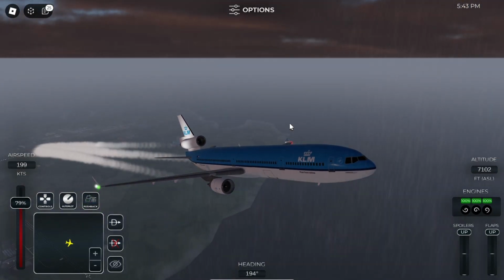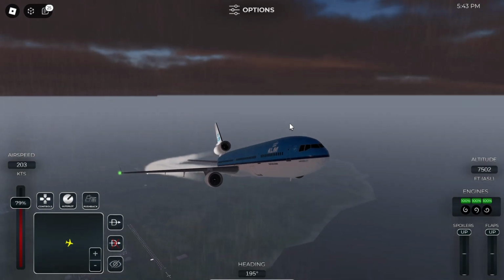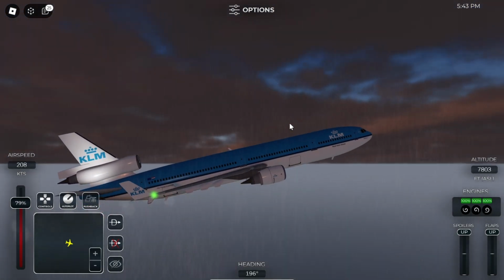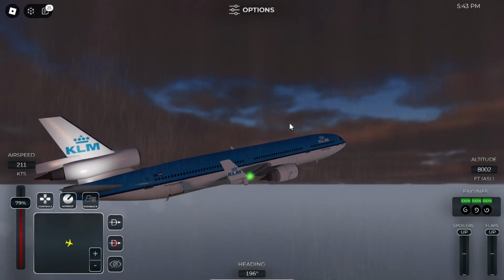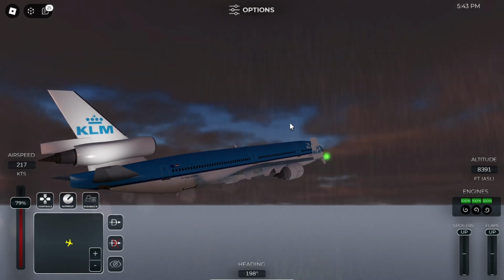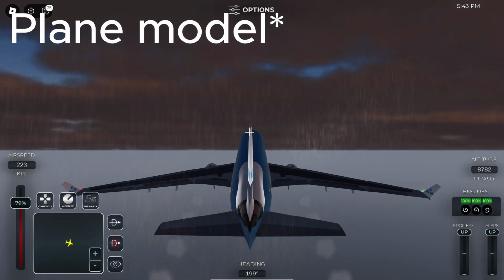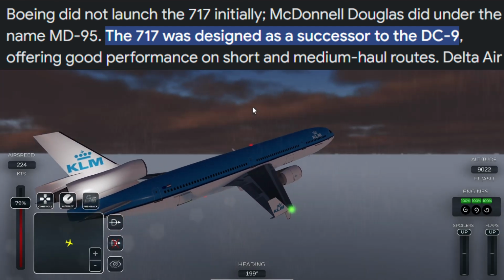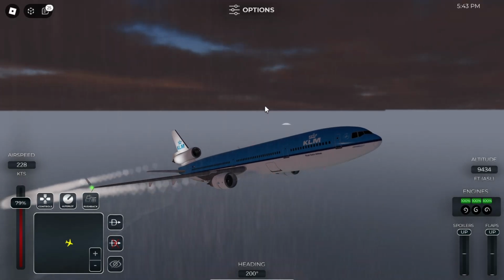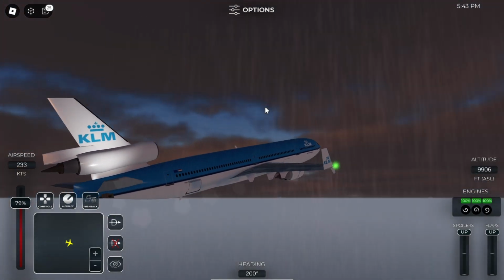We are already at 7,000 feet, and it's pretty nice to hear this tri-jet roar for the final time with passengers on board. We've got a lot of aviation geeks on board because they want to experience the tri-jet before it is officially retired. This was one of the last, if not the last, planes produced by McDonnell Douglas before it was absorbed by Boeing. The Boeing 717 was actually supposed to be a McDonnell Douglas, but because Boeing absorbed McDonnell Douglas, they took its design and used it for the Boeing 717. So that is a little history about McDonnell Douglas, the Boeing absorption, and specifically the KLM MD-11 registered as